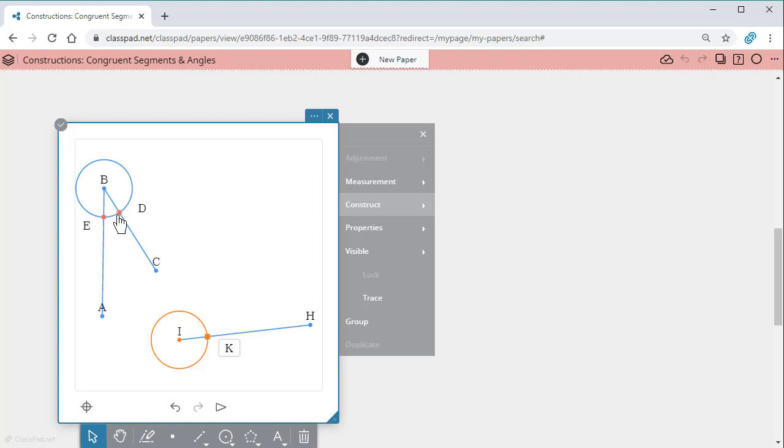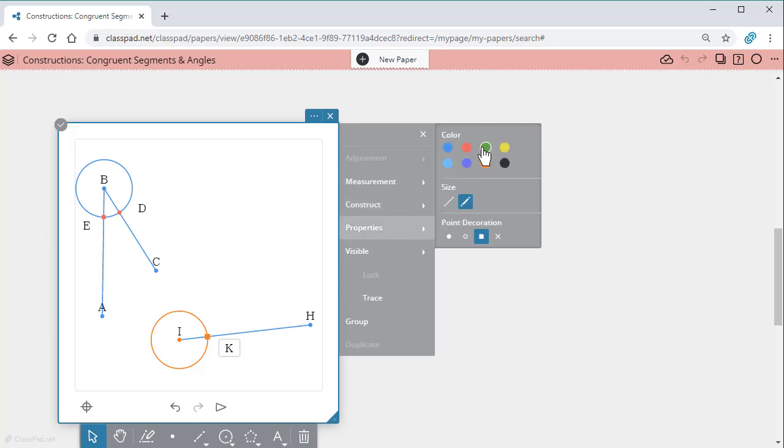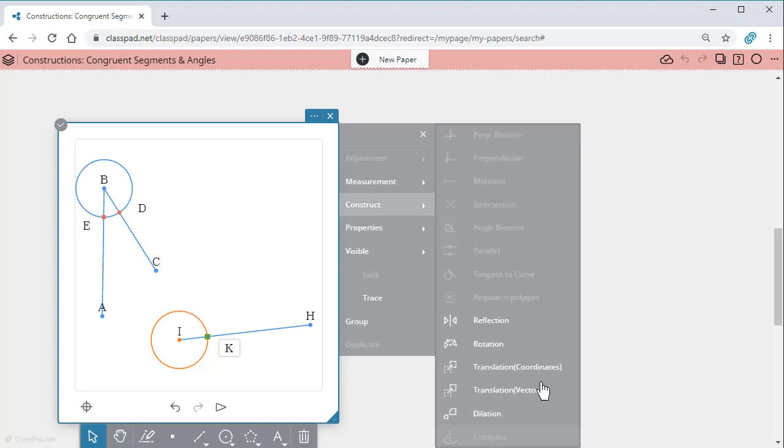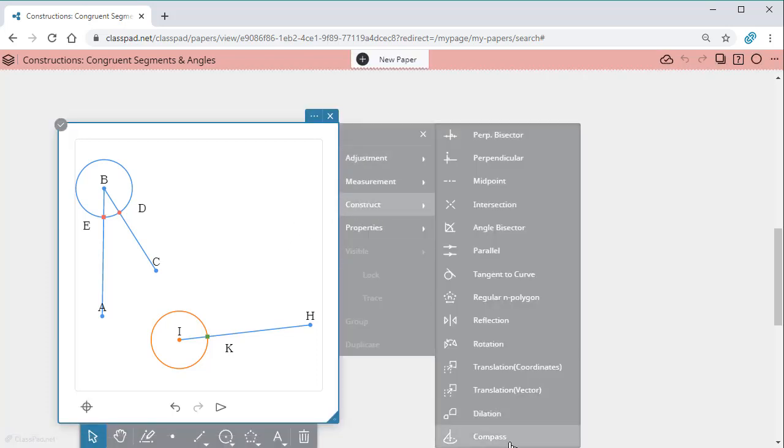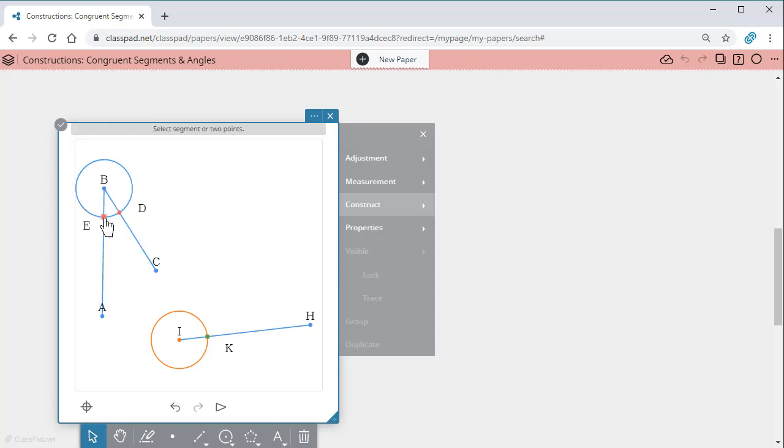Remember, a circle or radius is just a distance from a center to an outside point. So if I use either one of these as the center of a circle and then the other point as the distance from that circle, I'm going to get a congruent distance. So we're going to use our compass tool again, and let's change the color to green. And I'm going to get my compass tool, and I now want to look at the distance between this. Notice I don't have a circle here, but I could draw a circle here. So this distance to this,